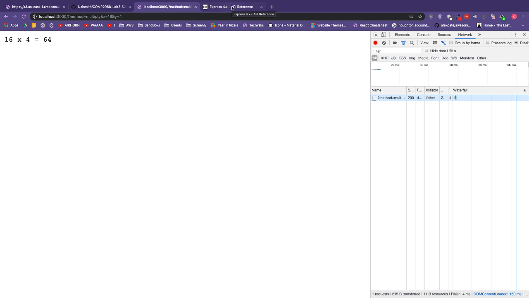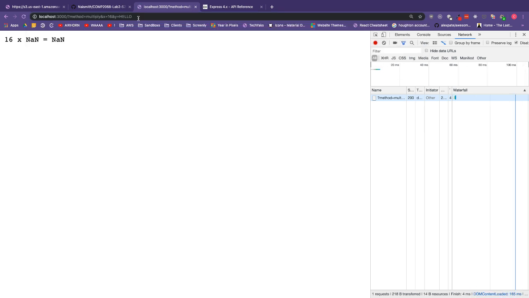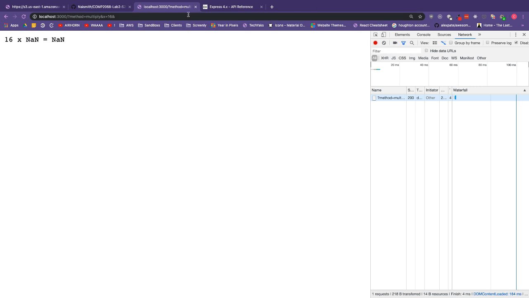So right now when we give our application exactly what it is expecting, it will give us exactly what we want. But if for some reason, instead of giving a number for y, we gave it hello, it's going to say NaN, not a number, because that's what parseInt and parseFloat do when it's not a number value. As well as if you just didn't include it at all, same thing, still not a number. If we did the same thing with x, now it's going to be not a number times not a number equals not a number,